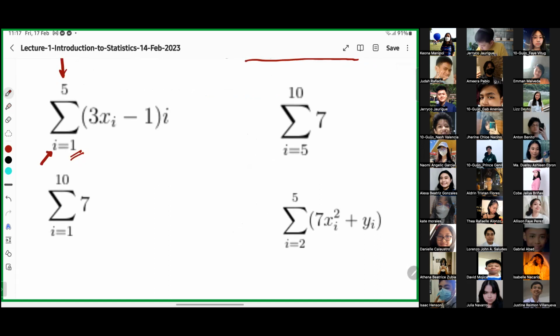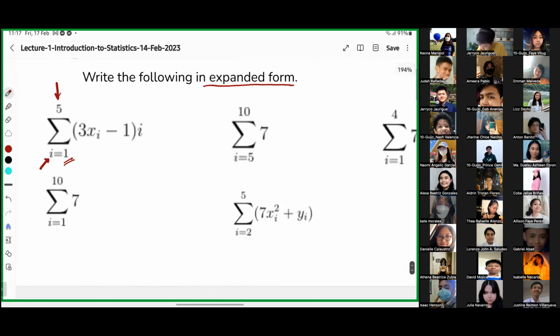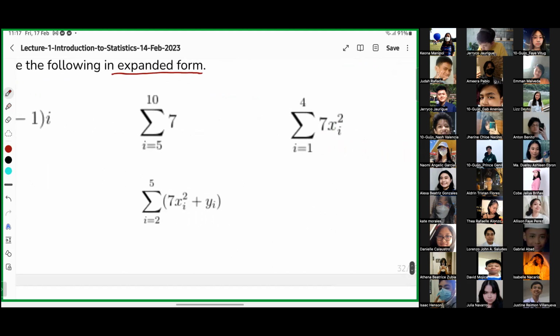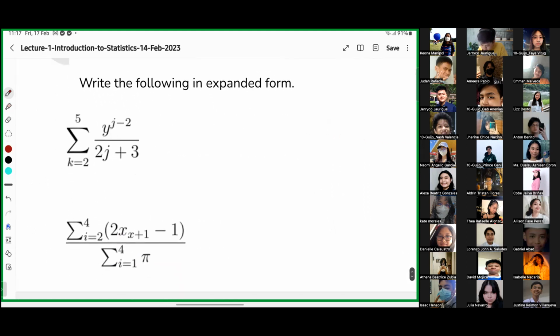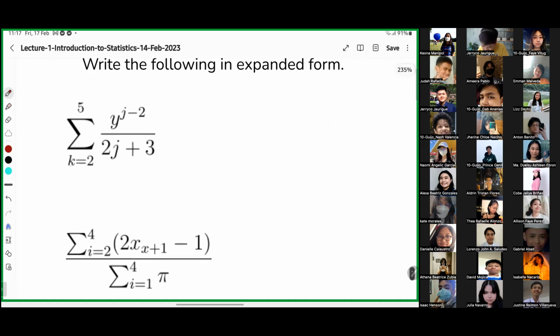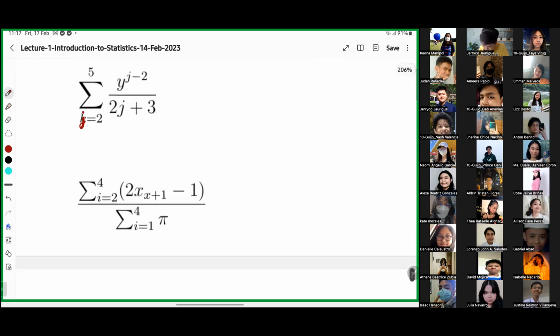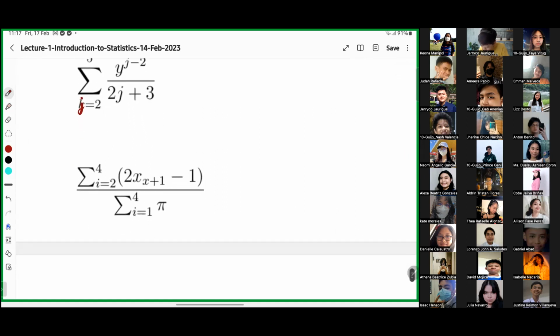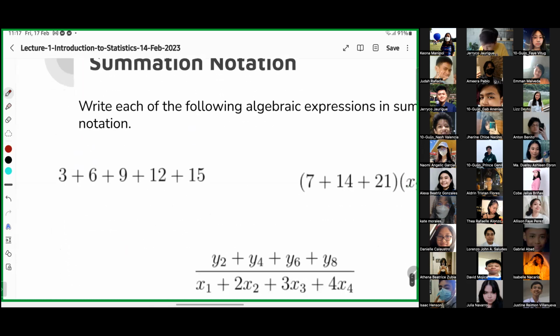Yung variable na ginamit, pwede siyang magbago. Yung ginamit ko dyan, I din dito. I think there will be some cases na just like this one. It's in K, kaso J yung nakalagay dito. This should be in J. Alright, J yan. So, pwedeng J. What happened here? This should be I pa rin, I plus 2. Dahil typo, no?